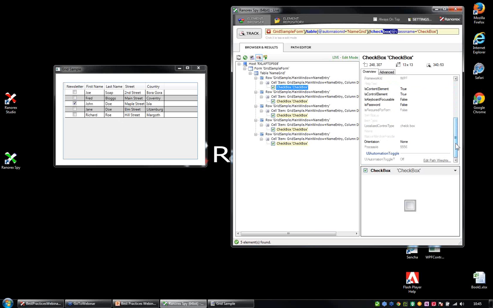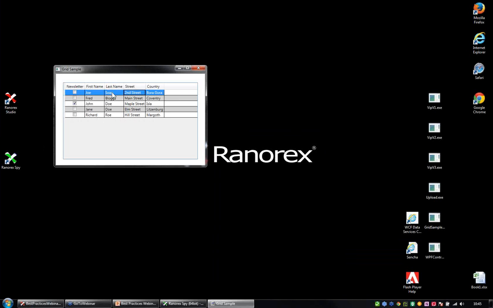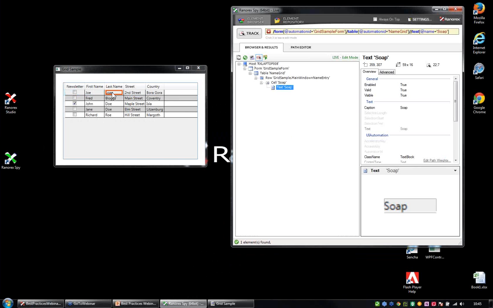Also, no attribute of the checkbox gives me the information that this is the checkbox of Joe Soap. So how can I identify that element through Joe Soap? I can identify that checkbox through these elements over there. Let me show you how. Let me track soap first of all. You see, soap is the text here located in the row which is also containing my